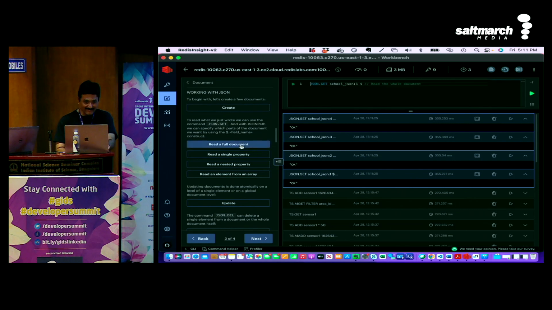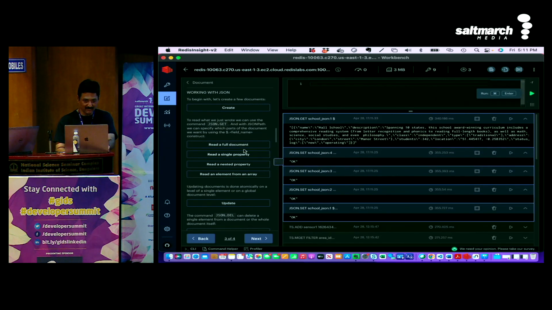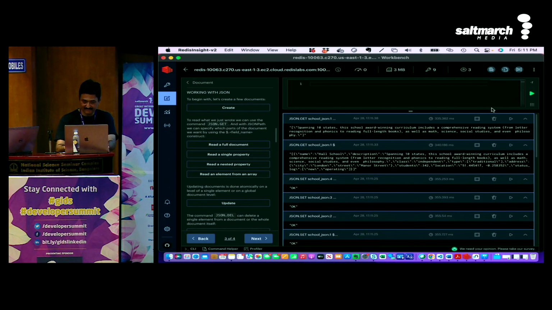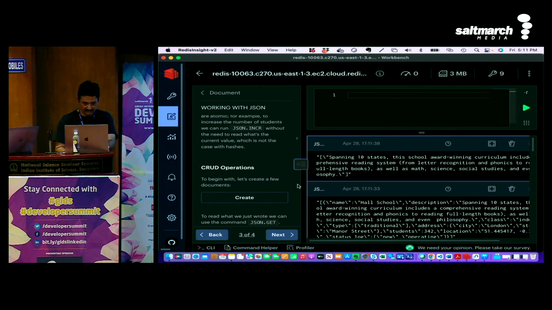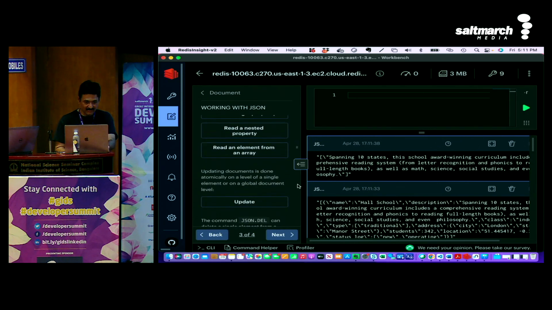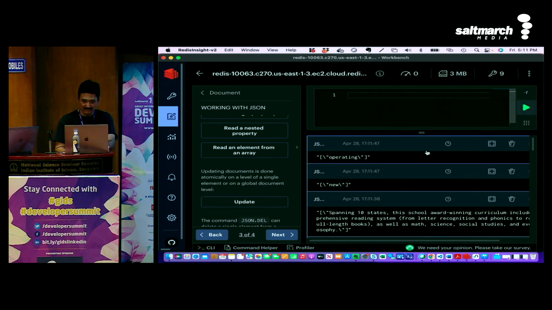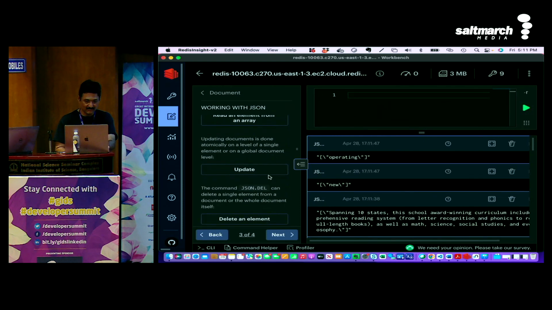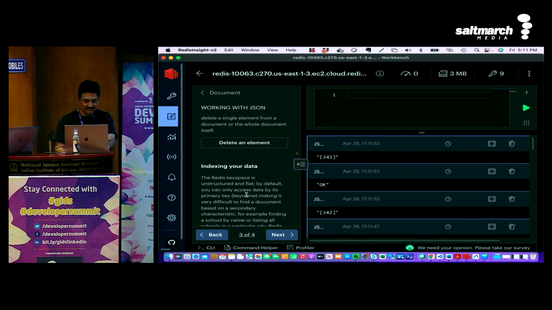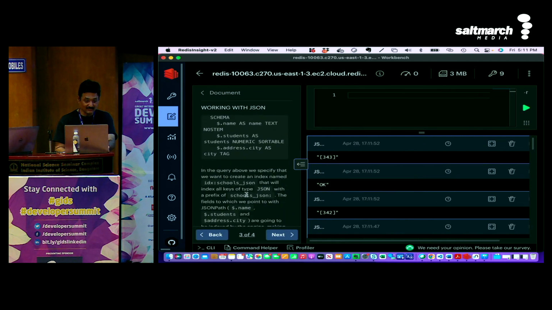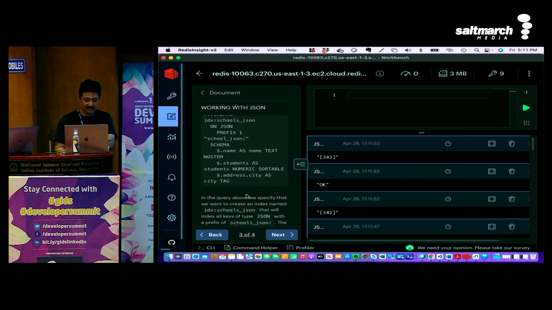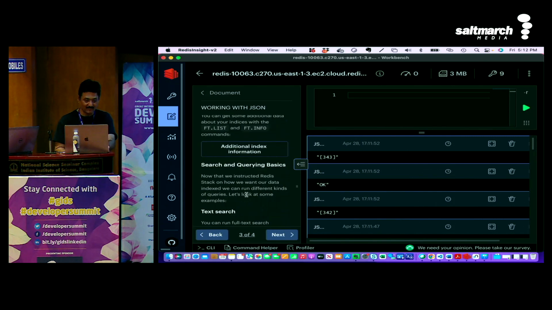So now you can read the whole document. This is what I was talking about. Very, very powerful now. Now you can read a single property of the document. Are you guys able to see? Make it a little bit bigger here. So you can read this document. Now what you can do is you can read an element of that particular one. So you can get this element also. You can update it. Update is also possible. Similarly, you can delete the element and you can add an index also. You can also add an index to this particular property.